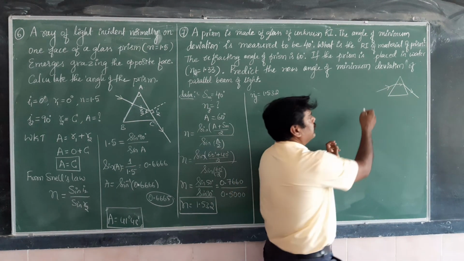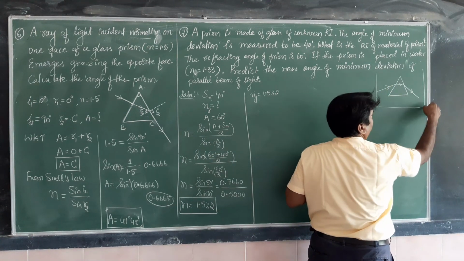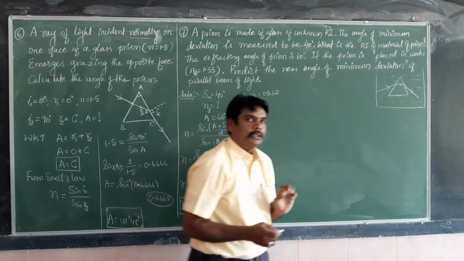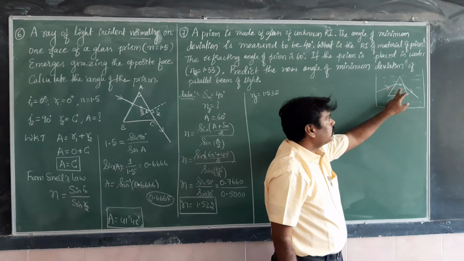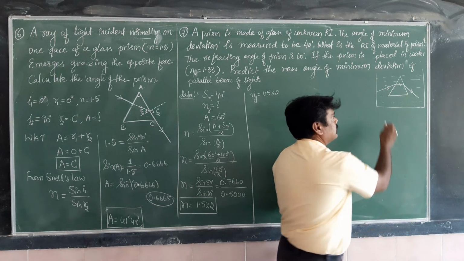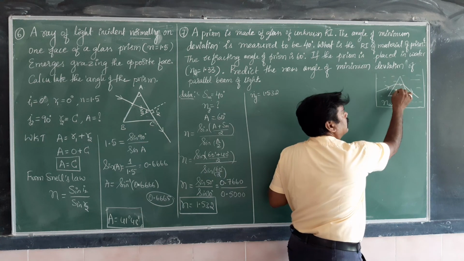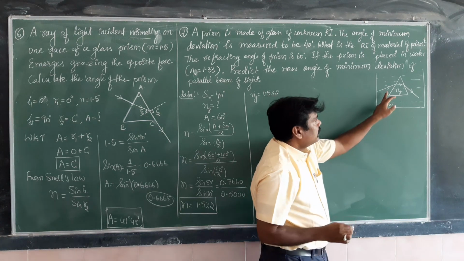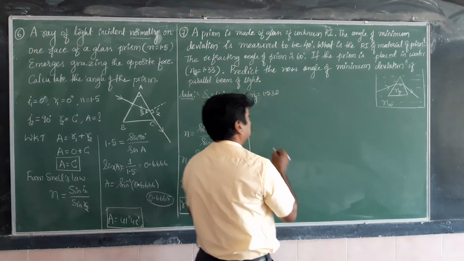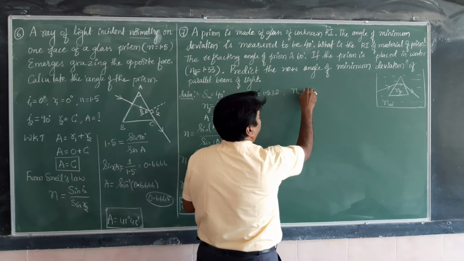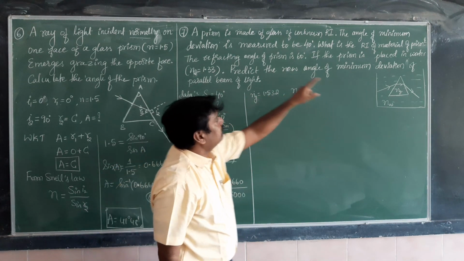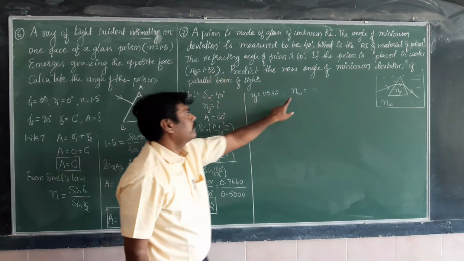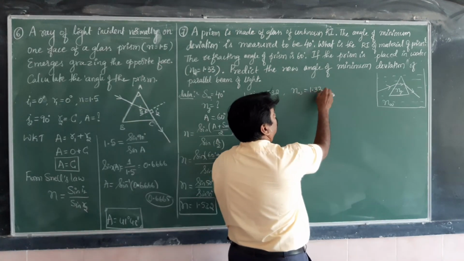Now in the second part, the whole prism is immersed in the water. If the whole prism is immersed in the water, the light is not traveling from air to glass, it is traveling from water to glass. Let us consider the refractive index of water is Nw, and the refractive index of the prism is Ng because the prism is made of glass. That is very important. The refractive index of water is given as Nw: 1.33. I will copy it into the data.